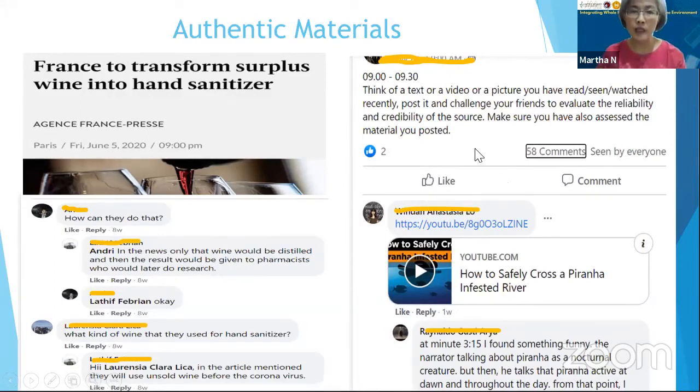Another topic here on the slides on the right, the learning material here was evaluating the reliability and credibility of a source. You know that sometimes now we can read something, watch something that is not credible and that is not reliable.